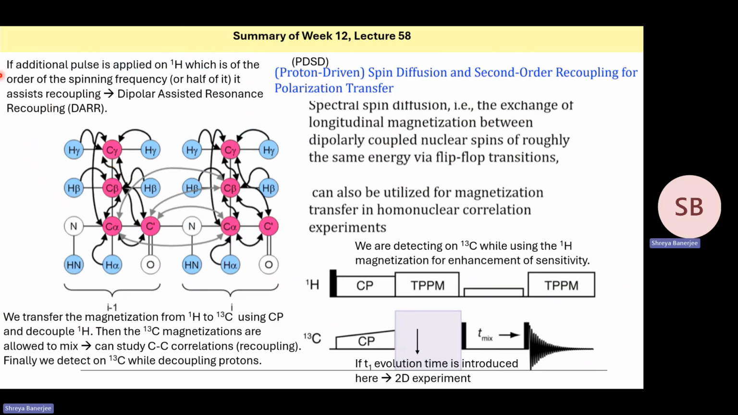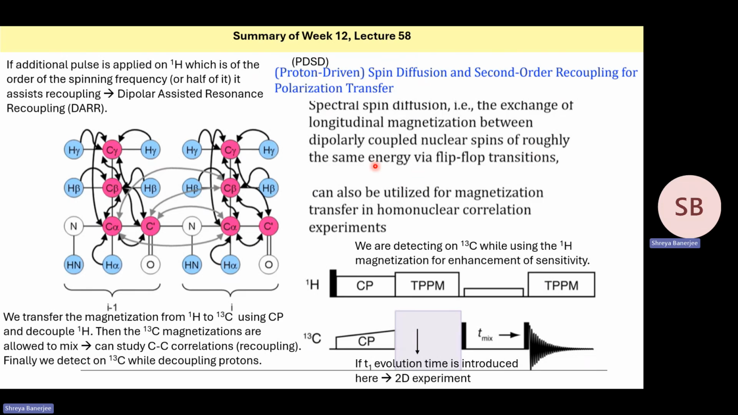So that is one way. Another way is called proton driven spin diffusion, or PDSD, also called second order recoupling for polarization transfer. Again, we don't need to go too much into the pulse sequence. Basically, what happens is that there is spectral spin diffusion, that is, the longitudinal magnetization is exchanged between dipolarly coupled